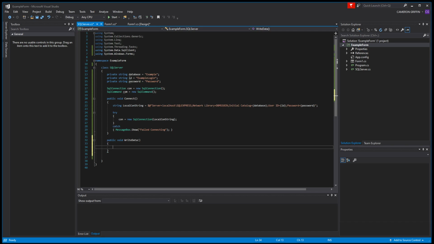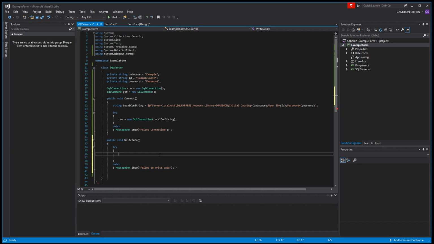And now let's first do it as a try-catch statement. So if something goes wrong, we don't get an error. And let's just have it do. We can always change this later if we do begin to get errors, but we won't want that happening in the real program for the user. Okay, so we have failed to write data,